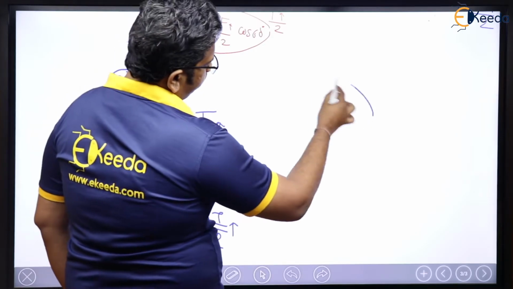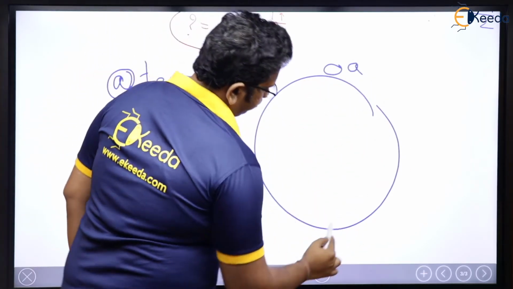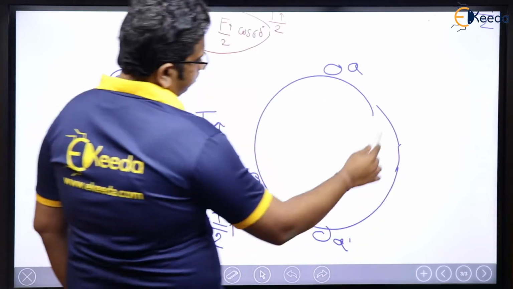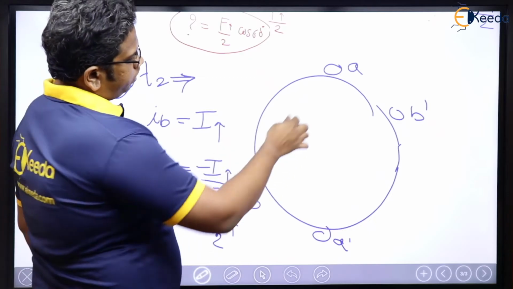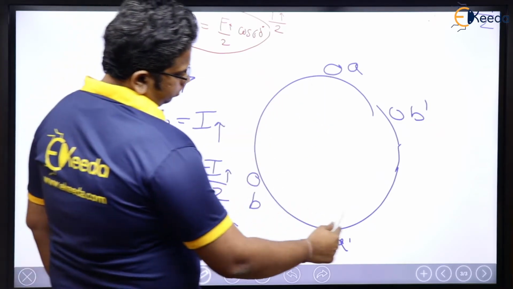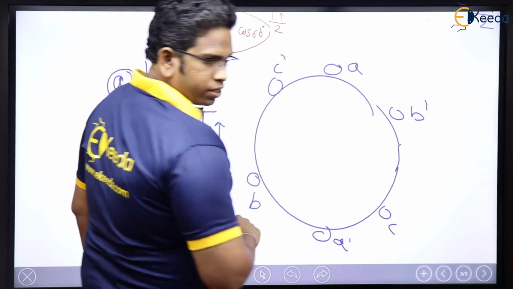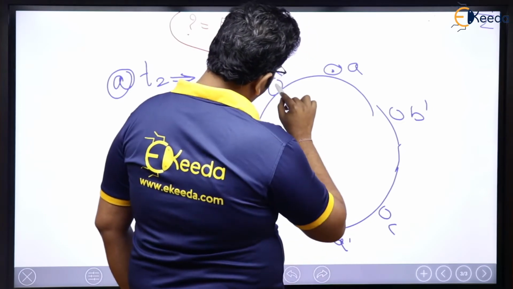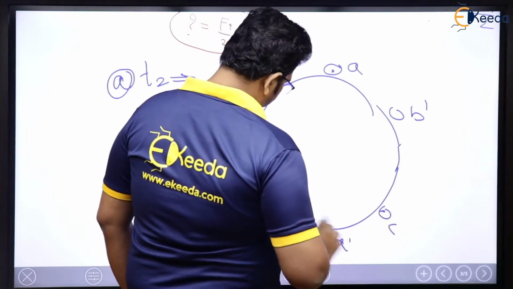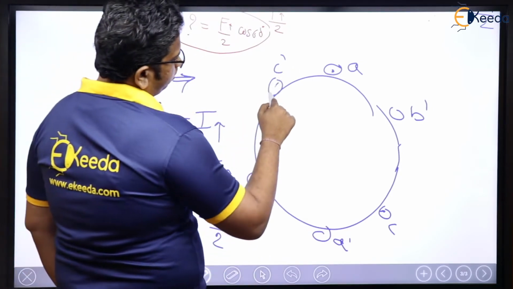See, this is the stator, right? This is going to be A. This is going to be A dash. This is going to be B dash. Why? Because these will come after 120 degrees, lagging 120 degrees. What about C? Here is going to be C. Here is going to be C dash. All the alphabets, we give dot, and all the dashes we give cross.